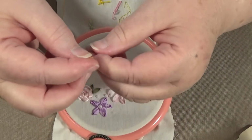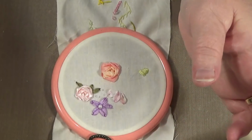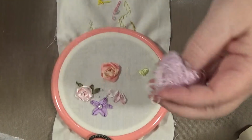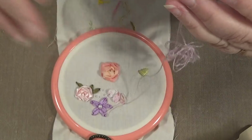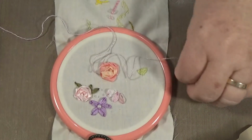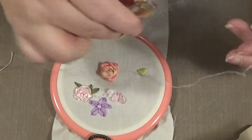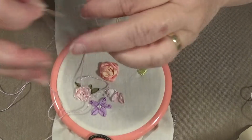Maybe I should just do a stitch. I'm taking up too much time, I'm sorry. Maybe I'll just do some more sewing, okay? Right, I found a little bit of purple over there too, but I was looking for a bit of mauve. That's nice, isn't it? I don't know what sort of stitch I can use on here that I haven't done yet. Well, I have got a lot, but I haven't...